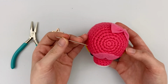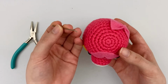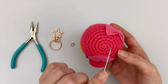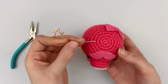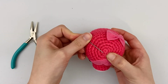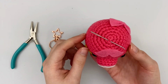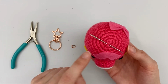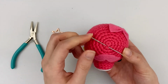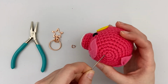So the first thing that I like to do is figure out where I'm going to place my jump ring to attach my keychain. So usually I try to find the center of the circle of my Marina's head, and from experience I know that there's a stitch right around the center of that circle. So I like to place my yarn needle underneath the stitch that I'm going to attach her keychain to, just to loosen it up so that it's easier for me to stick my jump ring in. So once I've just loosened that stitch up a bit,